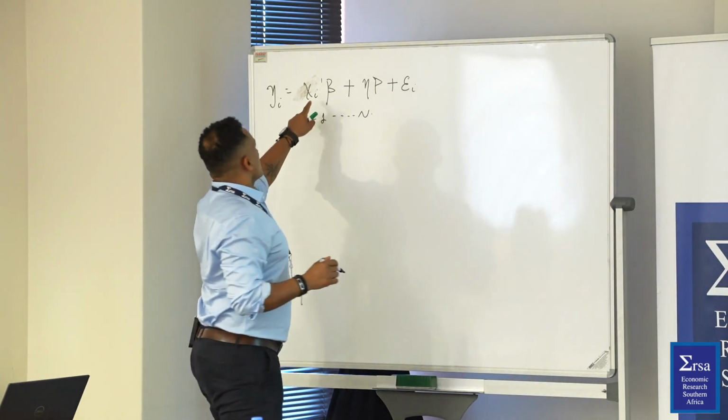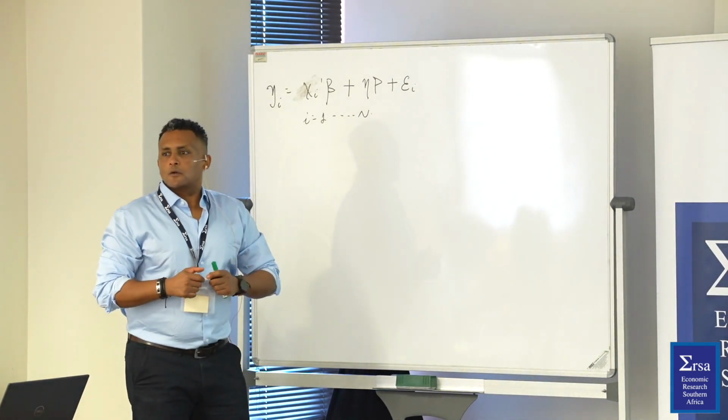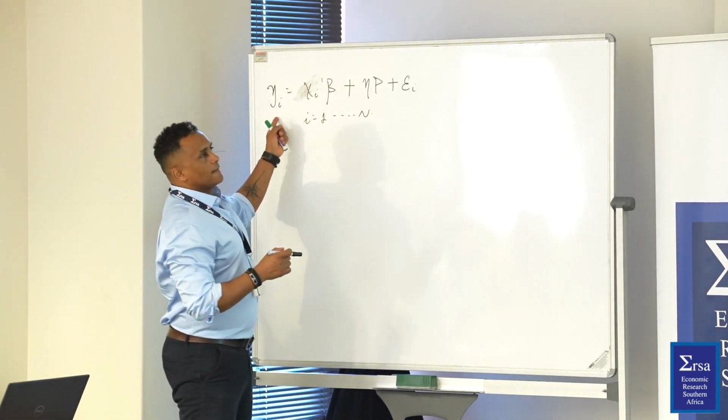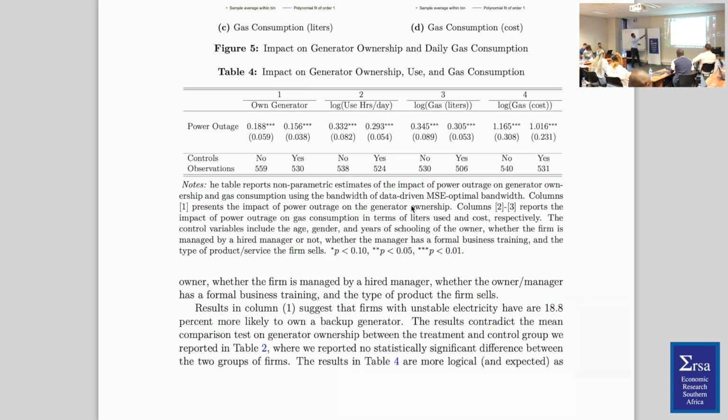So the outcome variables, these are all, what are these X variables? Control variables, right? So the factors that determine generator use or owning a generator. Owning a generator is not only a result of what? Power interruption. Are there other factors that affect it? Yes. Money. Your ability to pay. What else? Yes. Another? How about socioeconomic characteristics of the owner? Whether you are male-headed, these are enterprises, or not. The industry that you are in. All right? Are you selling something that needs refrigeration or not?